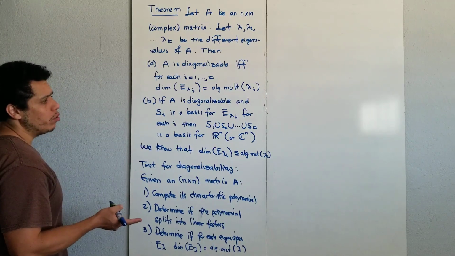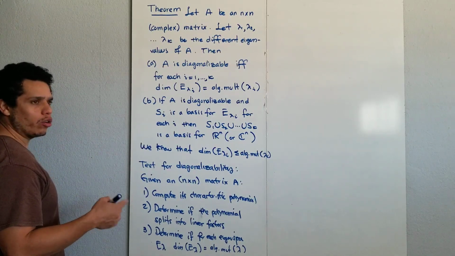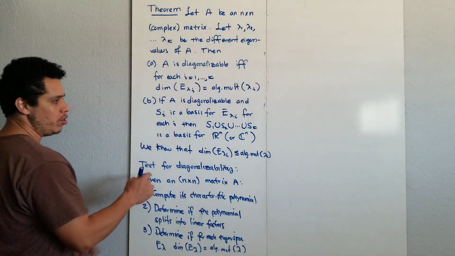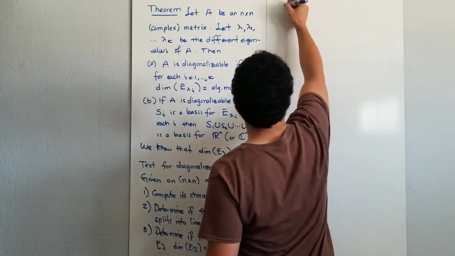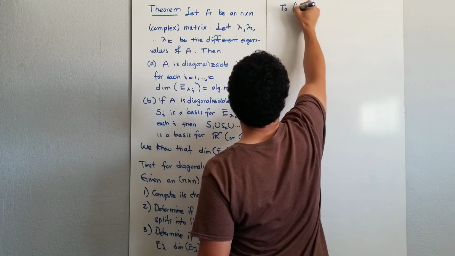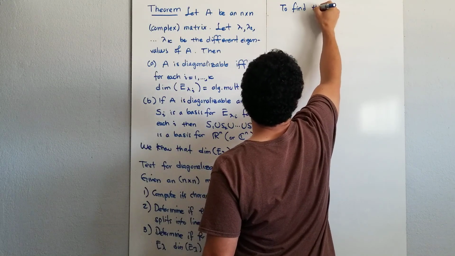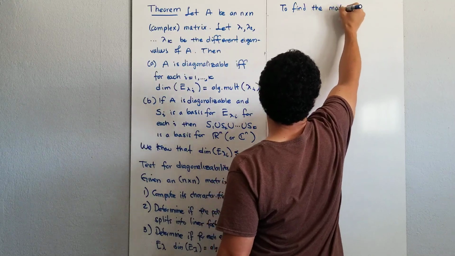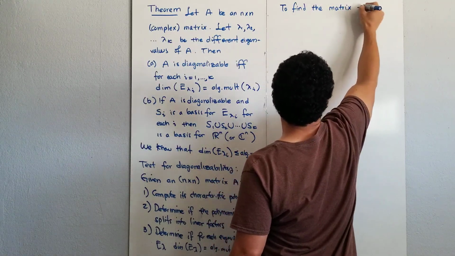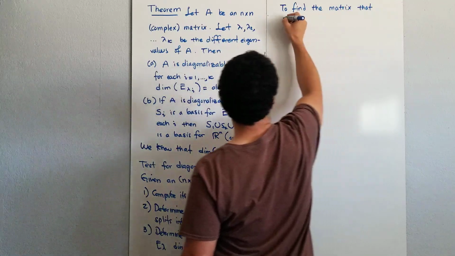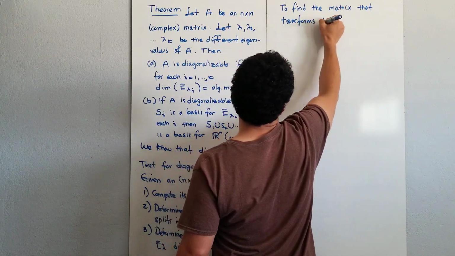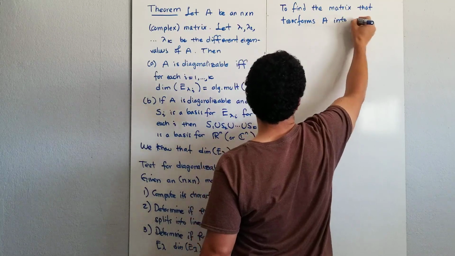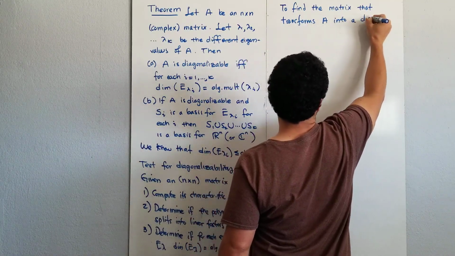So what can we do? And what is the diagonal associated? Well, it turns out that it comes from here. Why? To find the matrix that transforms A into a diagonal matrix,